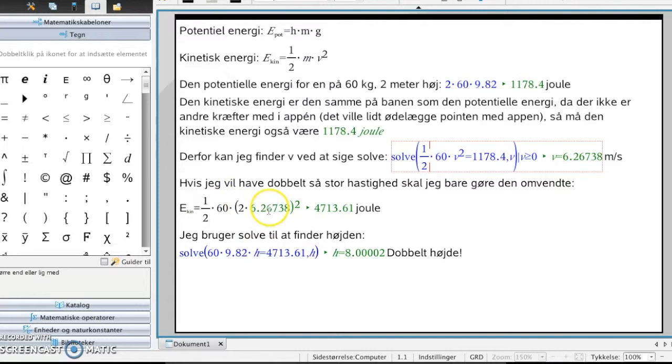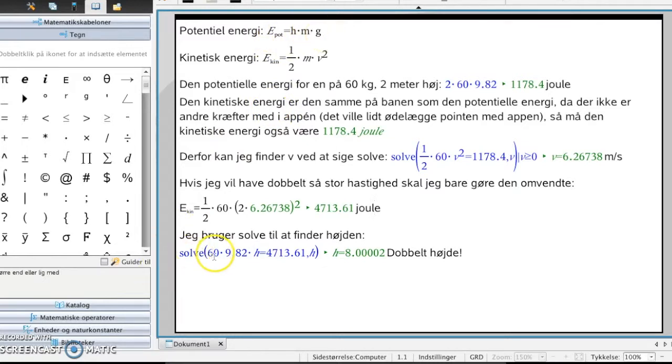Or if I want double the speed, that would be about 12 meters per second. How much energy would that produce? Or would it have? It would have 4,713.61. Again, I just use solve, but now I use it up here for the potential energy formula, and